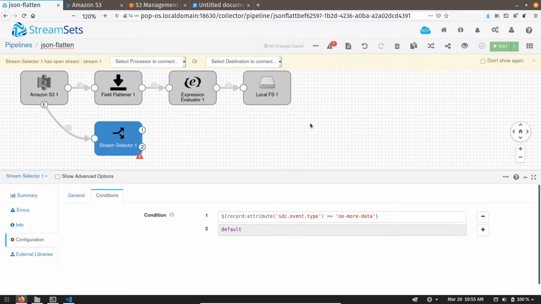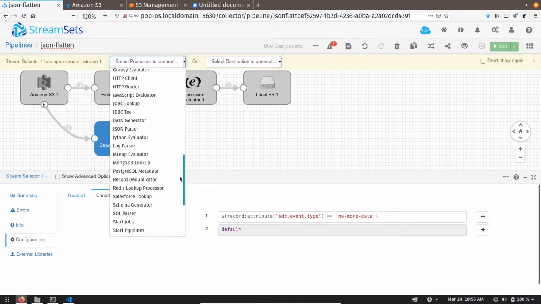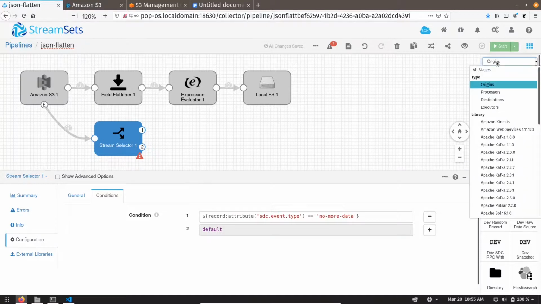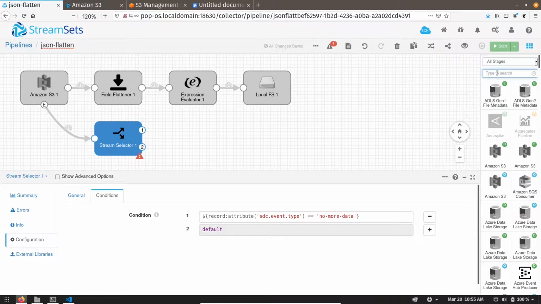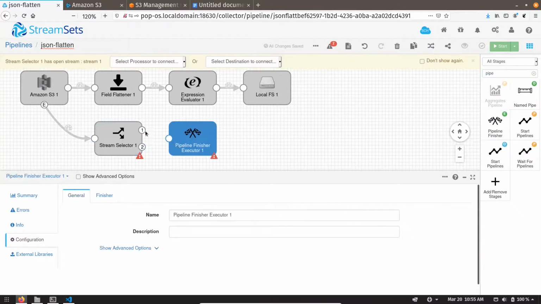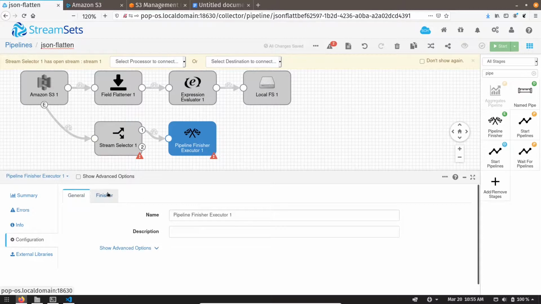Now we can use the pipeline finisher. We cannot search for it over here, we have to search from here. Connect it with stream 1, and over here we have to set the property as reset origin.